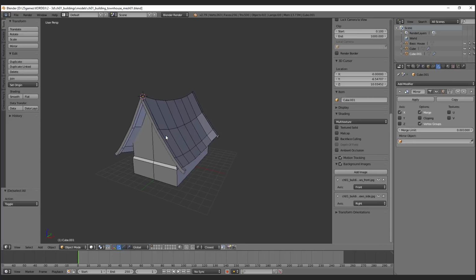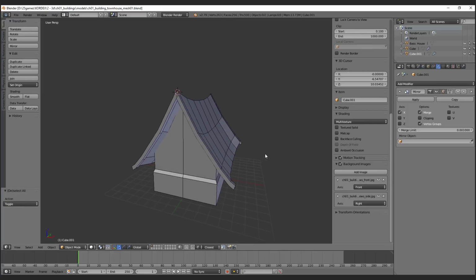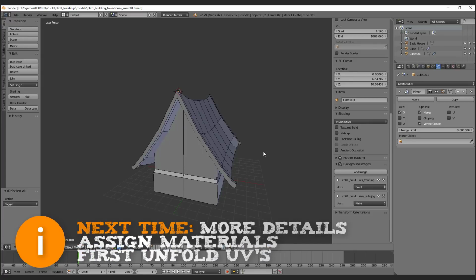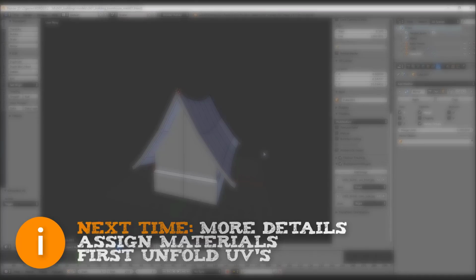I saved this now, and for now it's okay, and I will end my little tutorial for now. This is the first part, and I will go ahead modeling very soon. Then I will model more detail, bring it more to the end result, and I guess I will assign the first materials and make a layout for the UVs